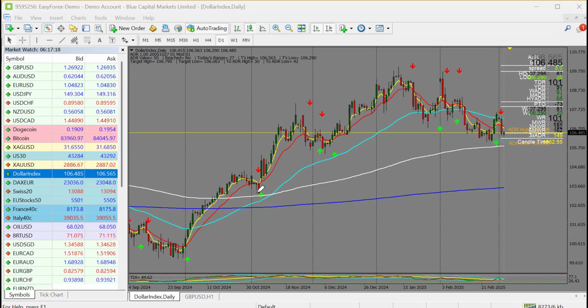Also this week, as we are aware, we'll be having the NFP, which is basically the labor market. So we'll be checking how the DXY will perform this week. But of late, we can see the DXY is giving us some sales momentum. So keeping that in mind, we can dive in to look at the major pairs.